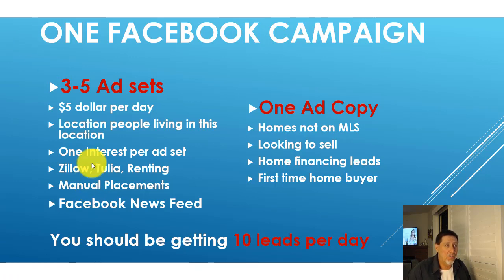So it's like Zillow would be 1 ad set. Remember, this is all for real estate, if I didn't mention that. Okay, so Zillow would be 1 interest. The next ad set would be house hunting, and the next one could be real estate. So those are some of the interests that you can pull off when you start running Facebook ads. Okay, and if you guys are confused on that, always know that there's only a handful of good interests to pull off of